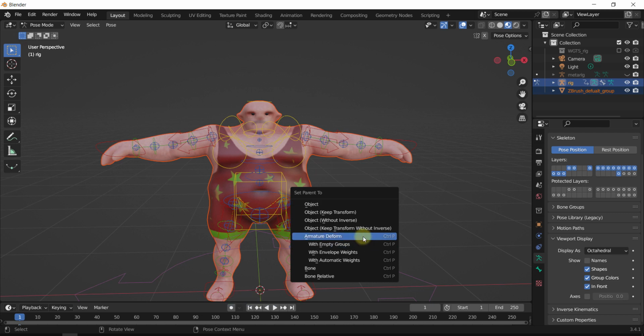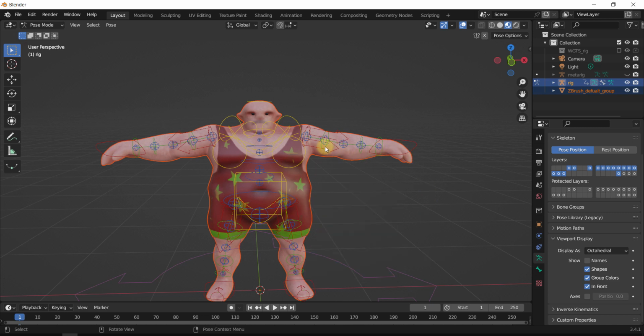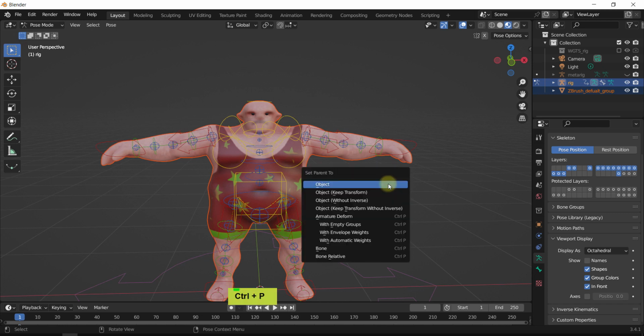We are using armature deform, and with empty groups it will just read the names of the bones and prepare the structure for you if you want to manually paint the whole thing. With envelope weights it's a little bit different way to achieve the weighting system. Sometimes that's good, sometimes not, but usually we're using automatic weights and making corrections afterwards, if you're using simple, solid, watertight meshes. Alright, so with automatic weights,